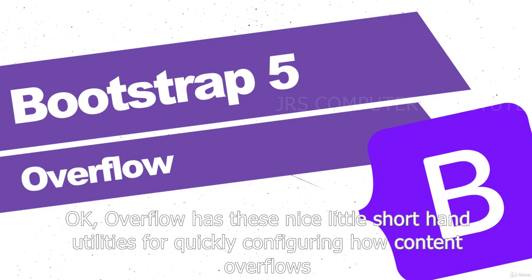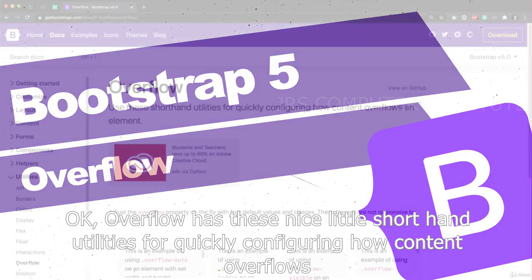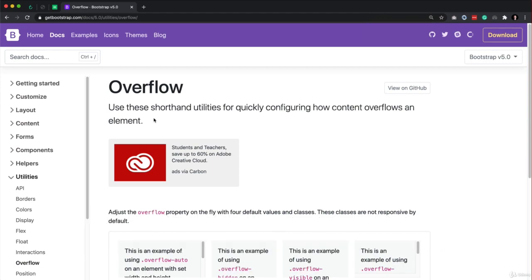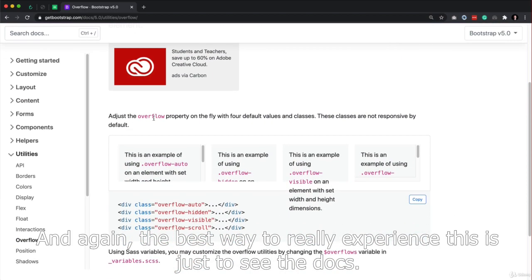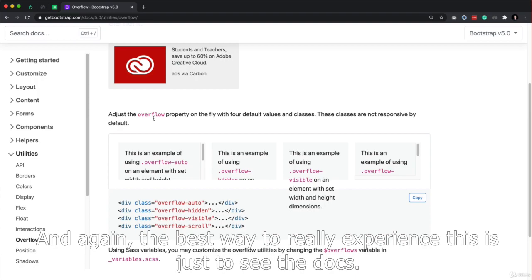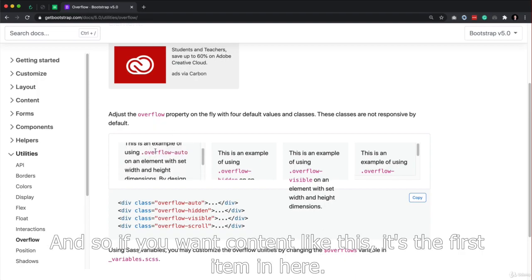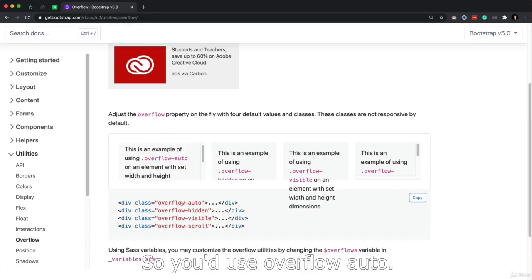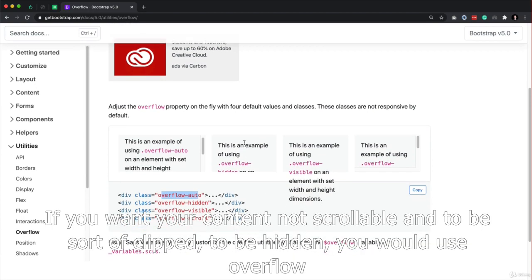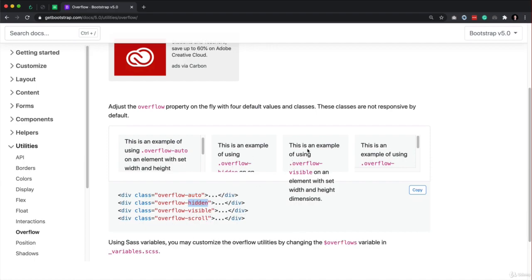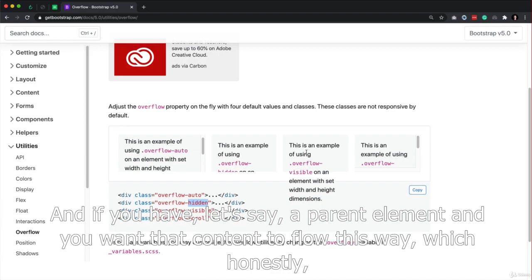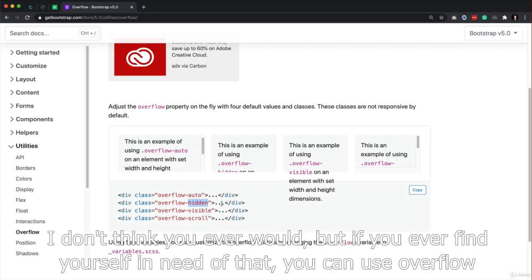Okay, Overflow has these nice little shorthand utilities for quickly configuring how content overflows an element. And again, the best way to really experience this is just to see the docs. And so if you want content like this, it's the first item in here. So you'd use Overflow Auto. If you want your content not scrollable and to be sort of clipped, to be hidden, you would use Overflow Hidden. And if you have, let's say, a parent element and you want that content to flow this way, which honestly I don't think you ever would, but if you ever find yourself in need of that, you can use